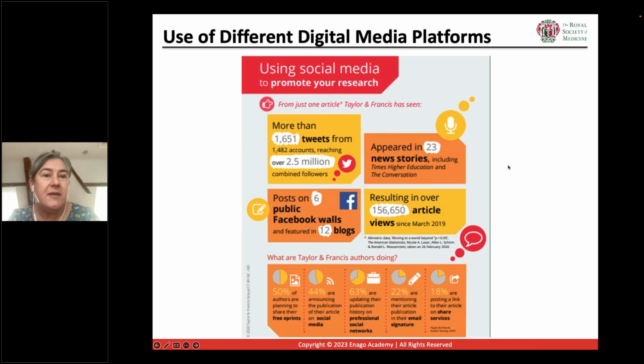So here's quite an interesting infographic about just a particular one article where they used social media, and it really took off. It got retweeted by about 1,500 accounts, with 1,651 tweets. So they reached over 2.5 million followers overall.